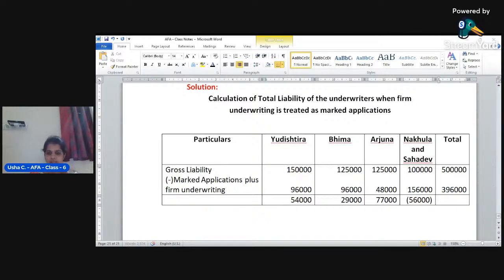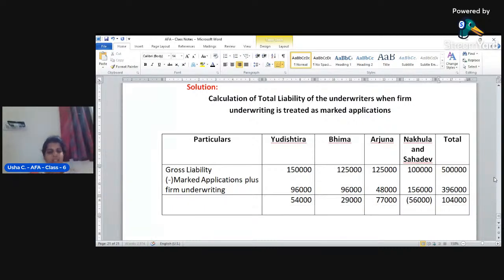Then the difference is 1,04,000. Okay, what shall we have to do now? Before deducting unmarked application, we should adjust the surplus. Okay, now adjust the surplus